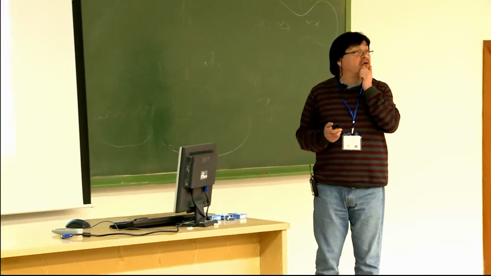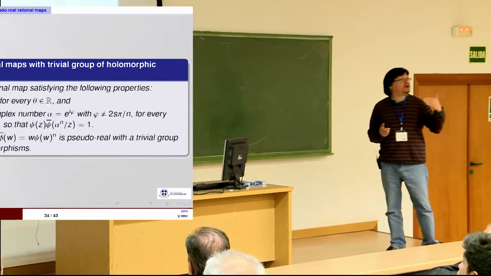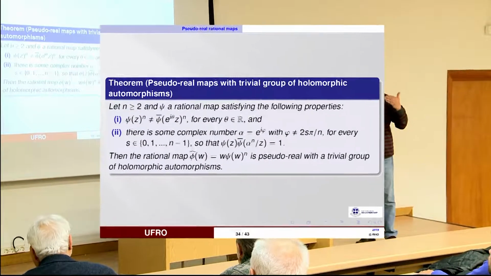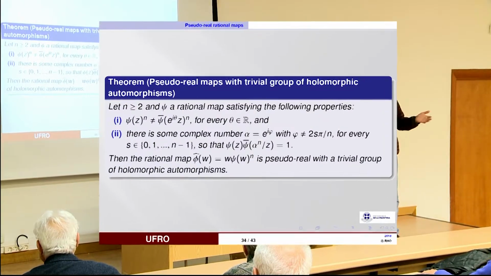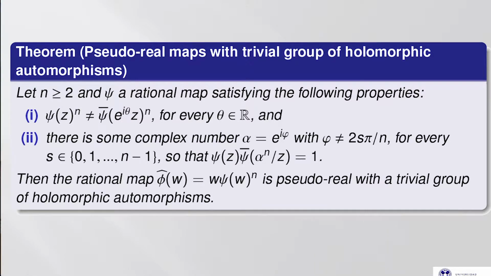What about a Silverman example? So these were pseudo-rational maps without holomorphic automorphism. How do you construct all of them? So essentially you do the following. You just take a rational map